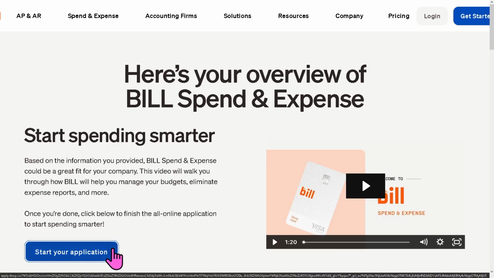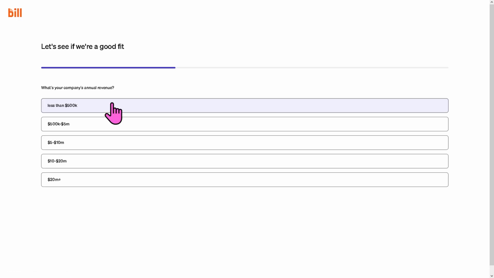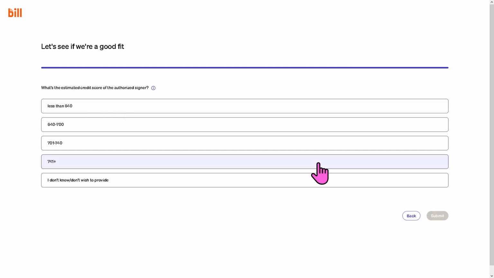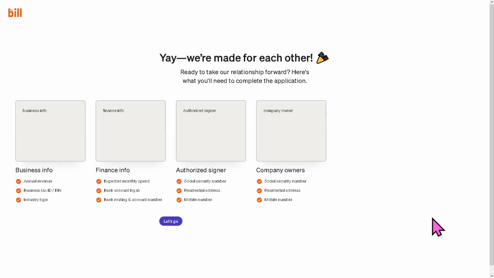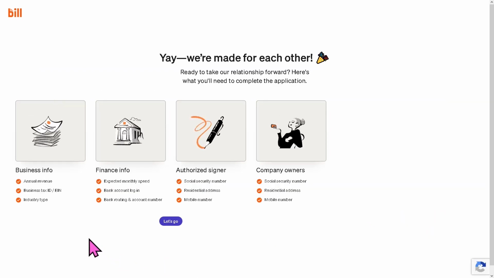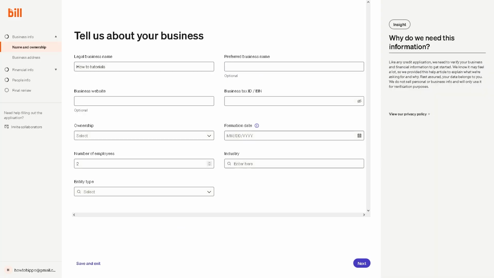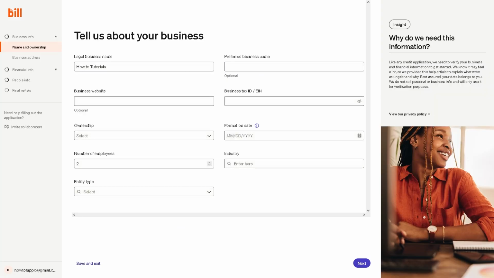Bill offers a free sign-up to get started, making it easy to explore the platform before deciding which plan best fits your business needs. After creating your Bill.com account, you'll be taken to the onboarding process, where the platform asks you to provide information about your business. The setup is designed to verify your business and personalize your account before you can start using